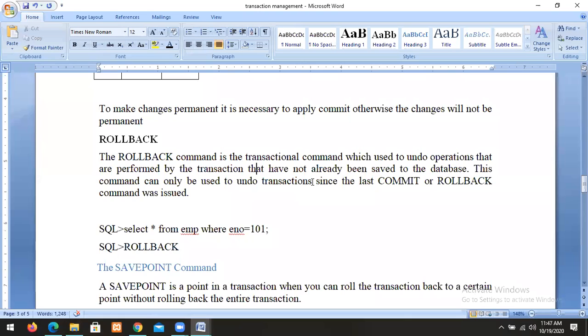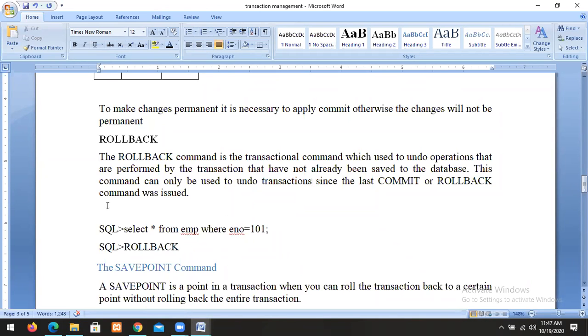Suppose whatever changes I made, I want to undo before saving. At that time I use the rollback command. This command can only be used to undo the transaction since the last commit or rollback was issued.